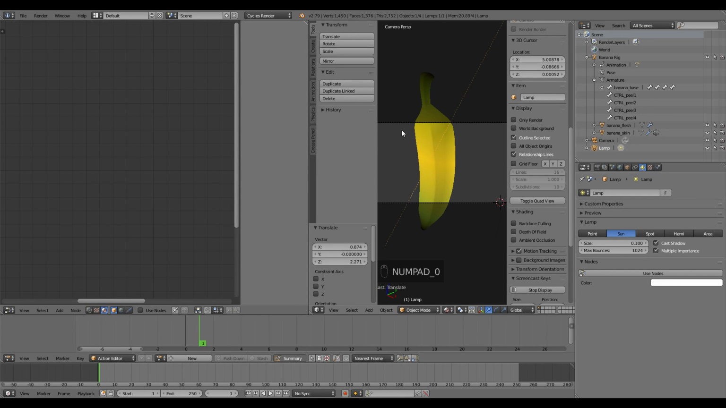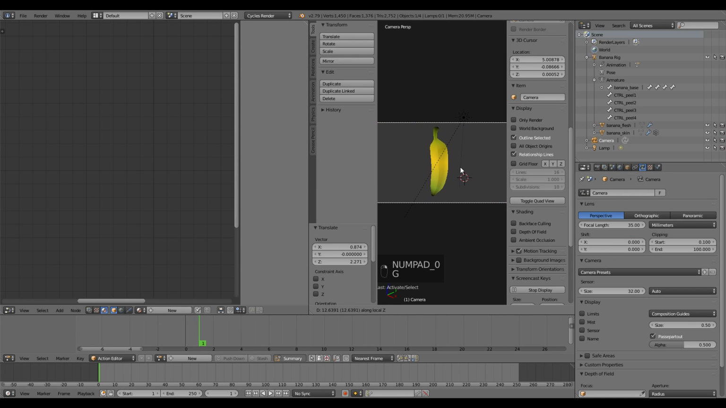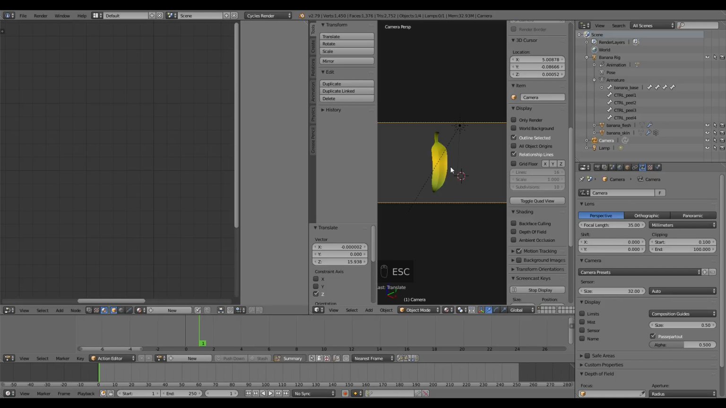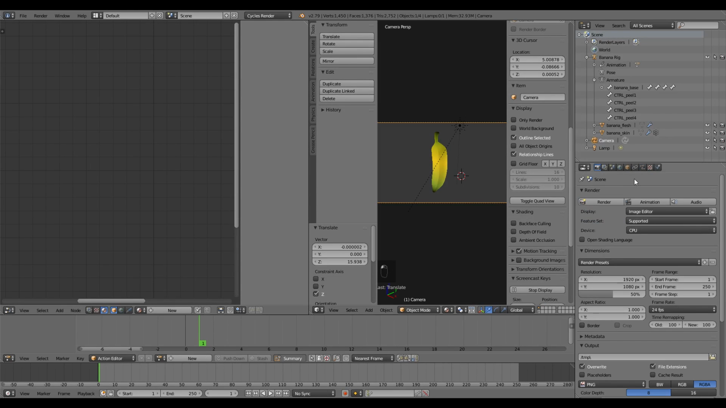So if we look through our camera, let's zoom out a little bit. Control S to save that. Hit F12. You see it looks okay, but banana skins are a little shinier. And another thing, by the way, if you happen to have a nice GPU, you just go to actually your